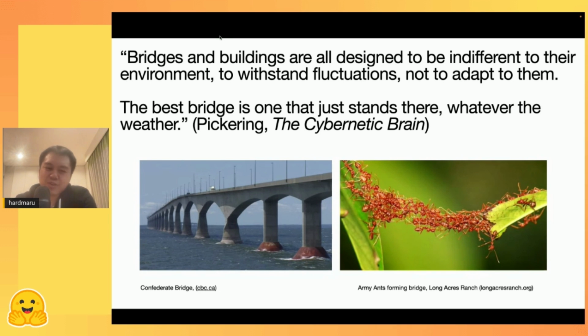So I think the contrast between a really well built bridge and a bridge that's built by a bunch of agents, in this case ants, formed through emergence, is a sharp one, and it's a metaphor for what's going on in the technology space right now.